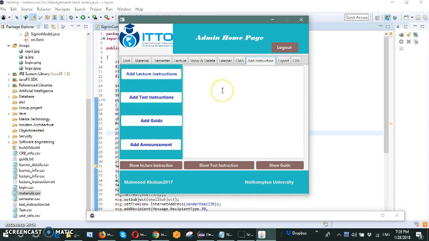In addition, the admin can add lecture instructions, test instructions, add a guide, or post an announcement for learners